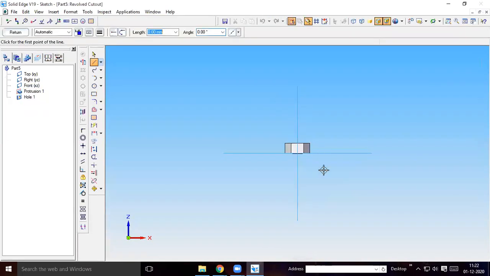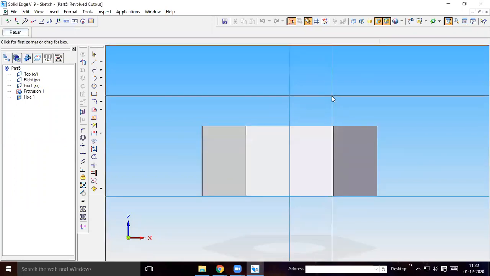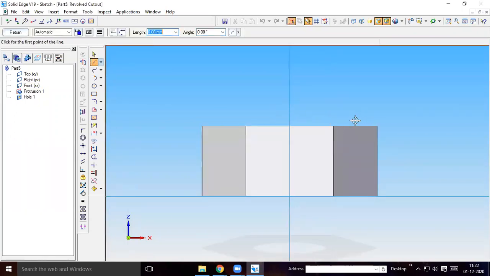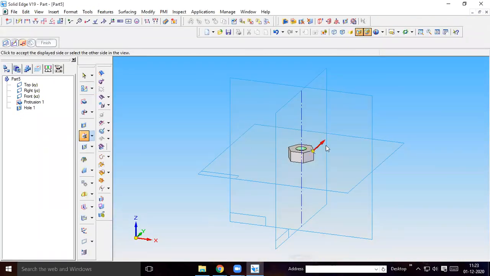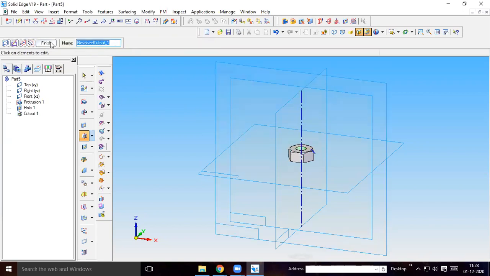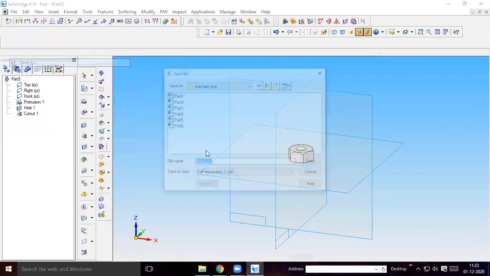I will select the front plane. Now three faces visible. Zoom that particular area. Then just draw a diagonal line like this. Simply a line like this. Then select a revolved cutout. So then return. Okay. I want to delete outside this line, not inside this line. Give outside direction. Then 360-degree view, finish. Like this you will get. So then you save this as 7 part.